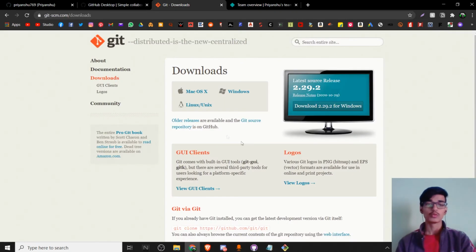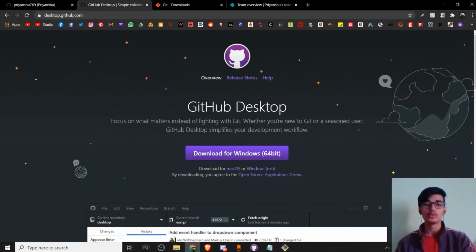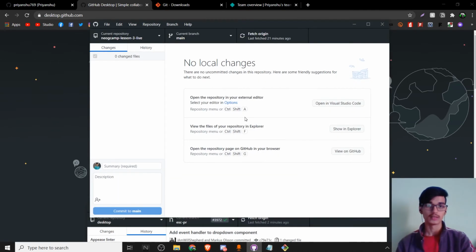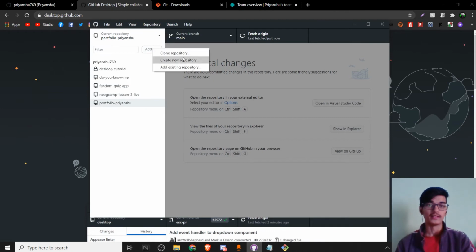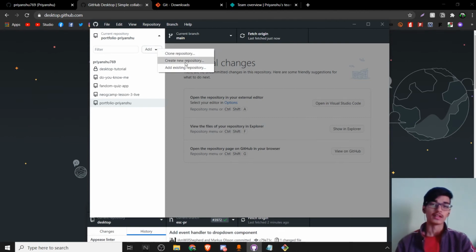So now if you don't want to use this kind of stuff, like you want GUI, what is GUI? It's graphical user interface. So you want GUI, then you can use this GitHub desktop. Let me show you GitHub desktop. Here it is. Yeah, this one is GitHub desktop. Like I have all the repositories here. What is repository? It's like a folder where you store all your files related to code and stuff. So you can add from here. You don't have to do that git init and things like that. You add it here, create a new repository.